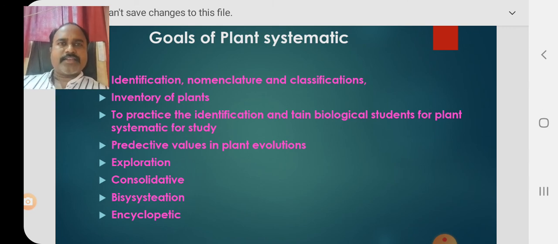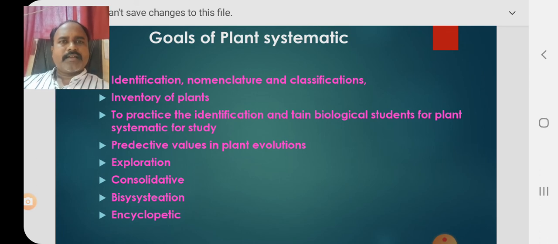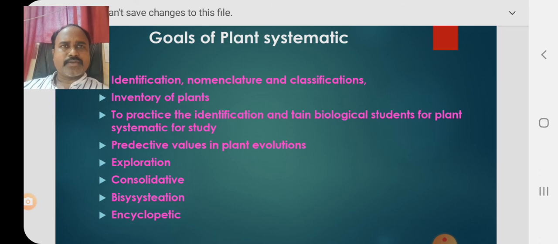Then the third stage is the biosystematic studies. A plant individual is studied not only based on morphological characters but also through different disciplines like anatomy, palynology, embryology, cytology, chemical constituents or phytochemistry, biophysics, and the many other disciplines we have in biology, applied to the particular plant group. That is the biosystematic phase. And the last goal we have to achieve is nothing